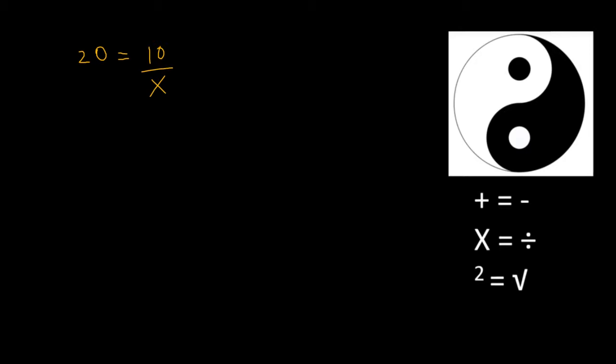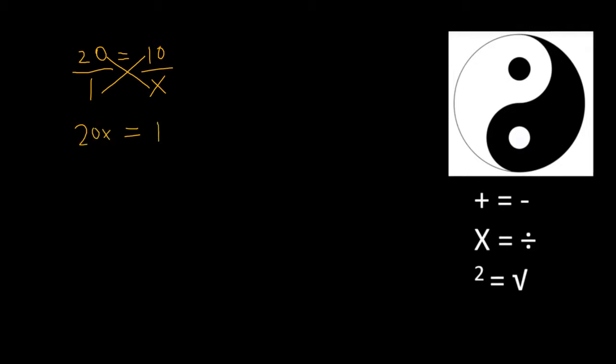Anytime I see a fraction, I want to create a fraction on the opposite side. So I'm going to put it as 20 over 1 because 20 divided by 1 is the same thing as 20. Anytime you see 2 fractions and an equal sign, I always think of cross multiplying. And when we cross multiply, the key is that we always go from bottom to top, bottom to top. So what it looks like is I'm going to put an equal sign. So I go from this x to this 20, so it's 20x